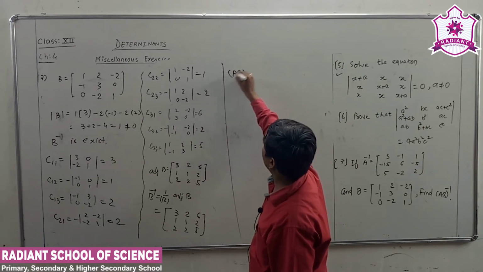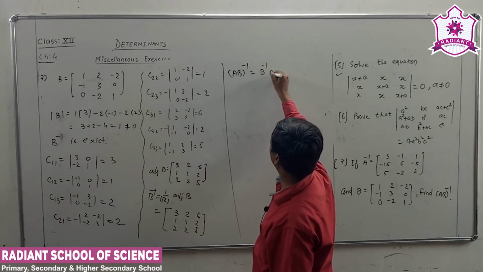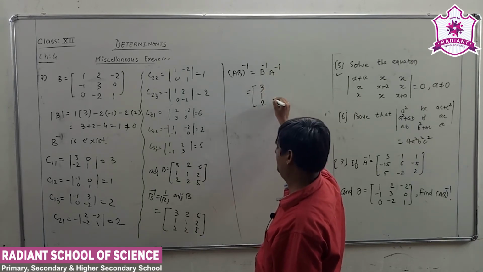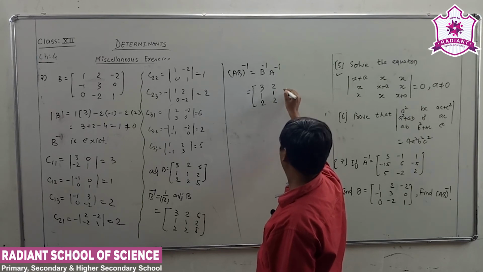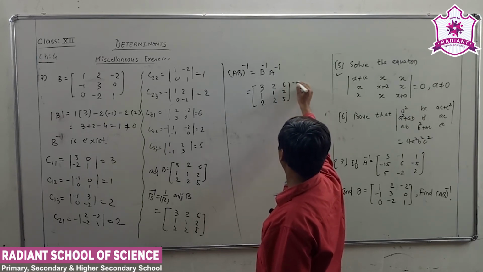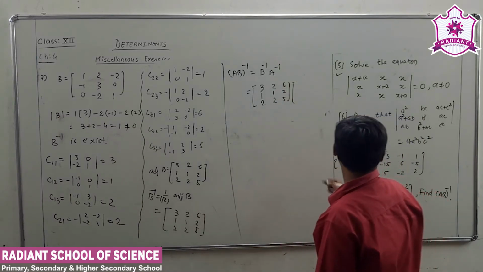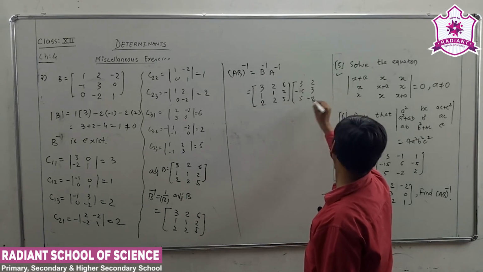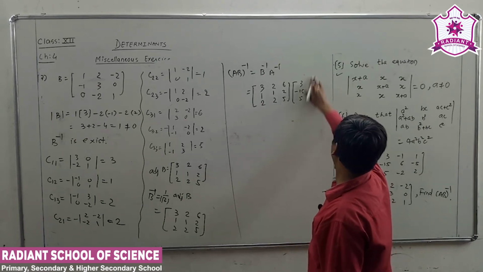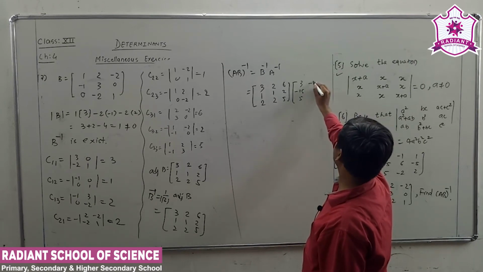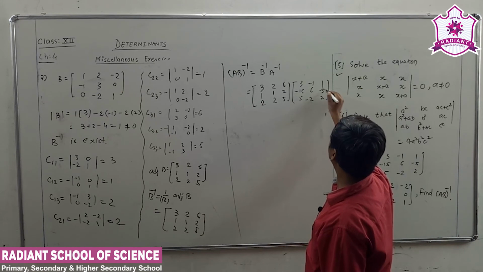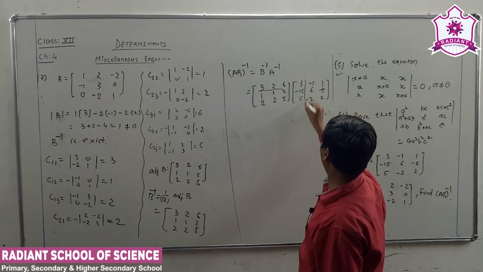Now the result: the inverse of AB is equal to B inverse into A inverse. So B inverse is equal to 3 1 2, 2 1 2, 6 2 5, into A inverse, which is already given: A inverse is equal to 3, minus 15 and 5, again 2, 3 minus 2. Sorry, this is a mistake. Minus 1, 6 and minus 2, 1 minus 5 and 2. Row and column, let's start.